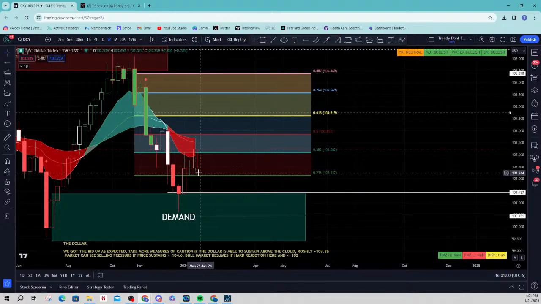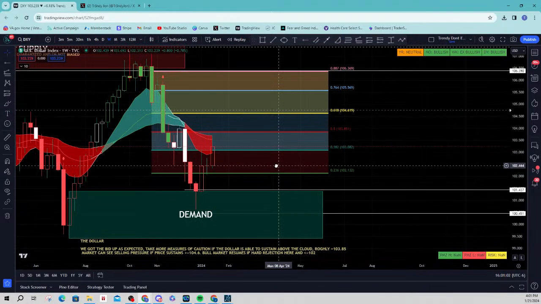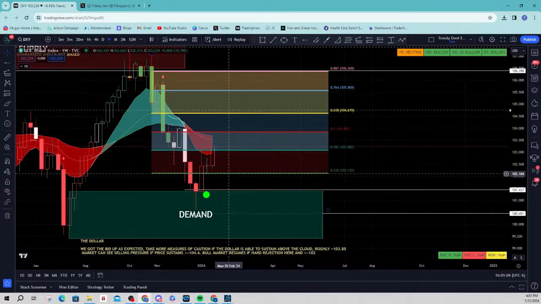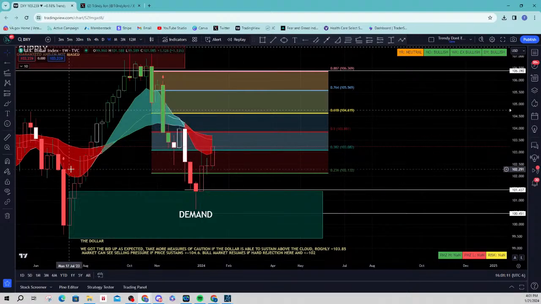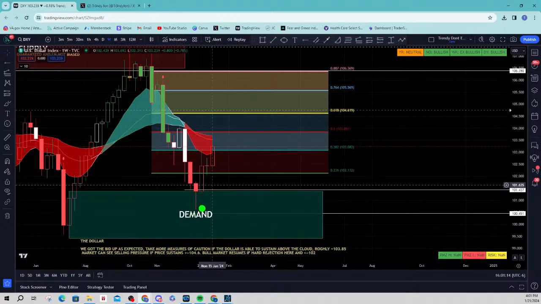We pulled back, the market pushed up, and that was it. All right. And the market again pulled back when we hit this demand and we started to move up. The dollar was moving up, and everyone's going to give you a reason. Well, the PPI said this and the CPI said that. Actually, dollar just came into demand, it started to rip, and the market started to pull back a little bit.